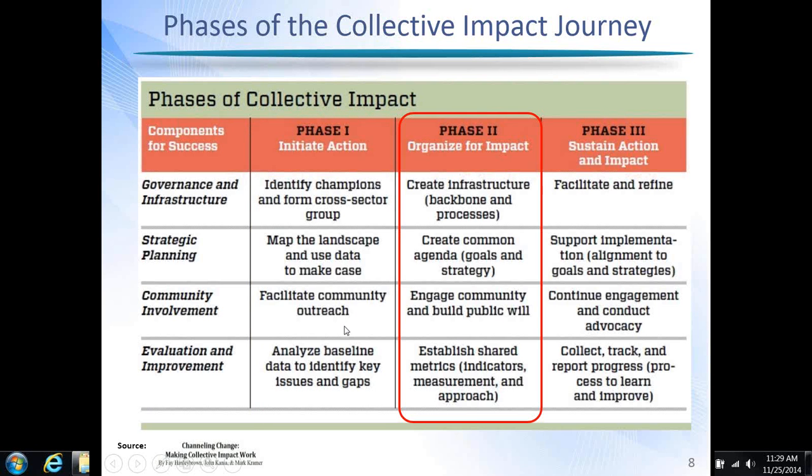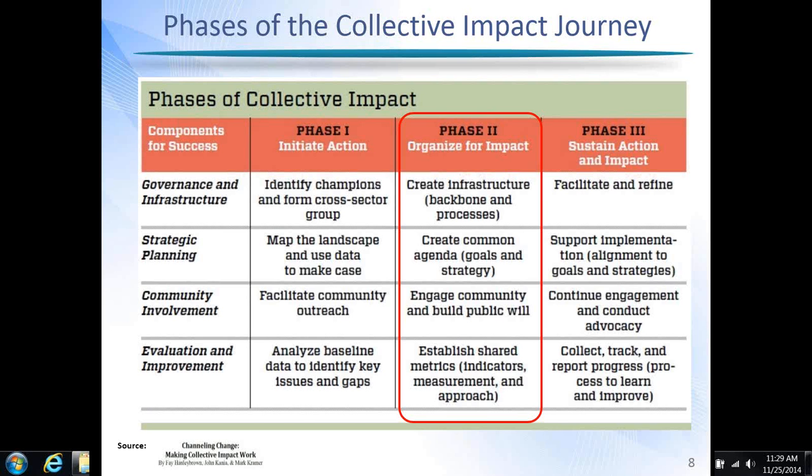We'll be talking primarily about practical steps in the second phase, where you're really defining your infrastructure. How are you going to manage the whole backbone support process? What processes are you going to use to engage and align and monitor progress? How do you create the common agenda? How do you define the goals?